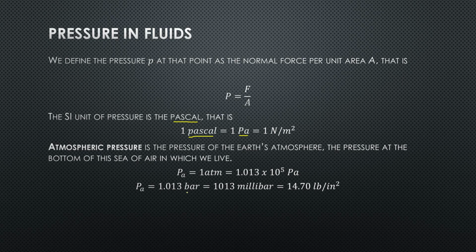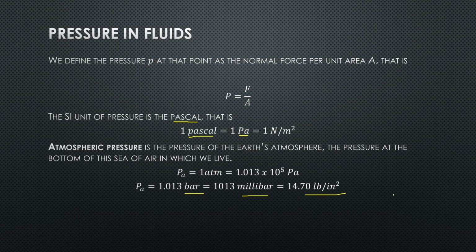In unit bar, that is 1.013 bar, or 1013 millibar, and in pounds per square inch it is 14.70. This is in terms of metric or SI units, and this is in terms of